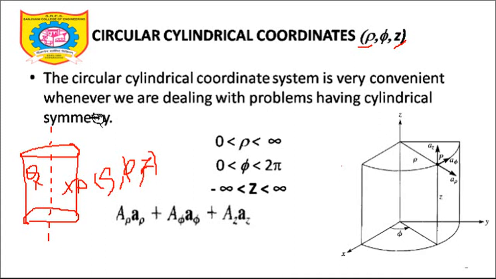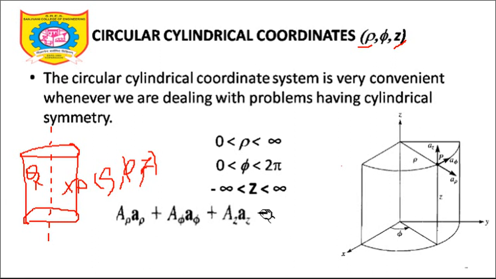Okay, a question arises now. If a certain structure has cylindrical geometry, we will go for the cylindrical coordinate system, and if a certain structure has a Cartesian or rectangular symmetry, we will go for the rectangular coordinate system. Now the question arises whether a conversion exists between cylindrical and Cartesian. If a certain point is given in the Cartesian coordinate system, can we convert it into cylindrical? And vice versa, if it is given in the cylindrical, can we convert it into Cartesian? Yes, we can. How to do that? Let's look at this particular point.